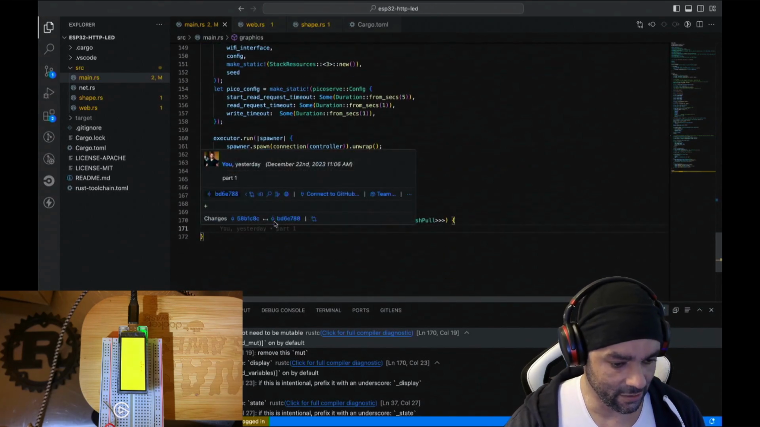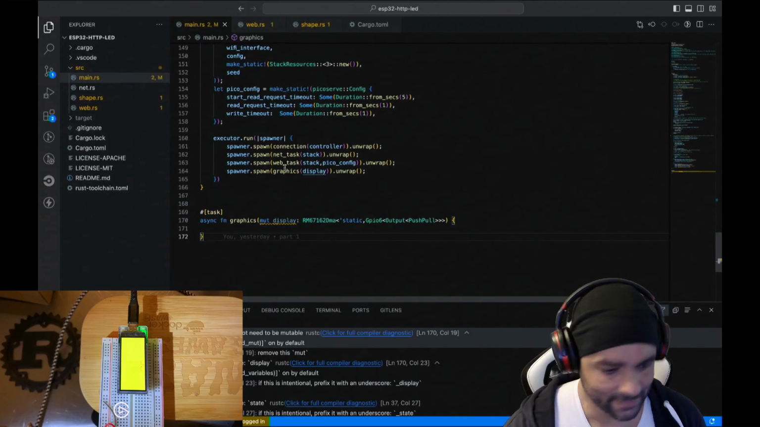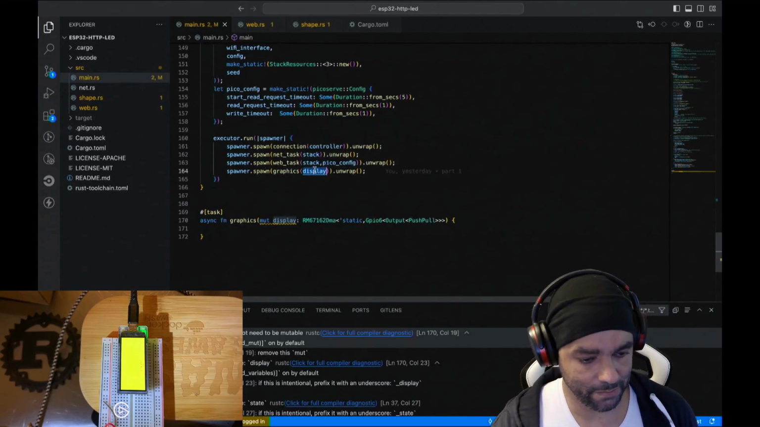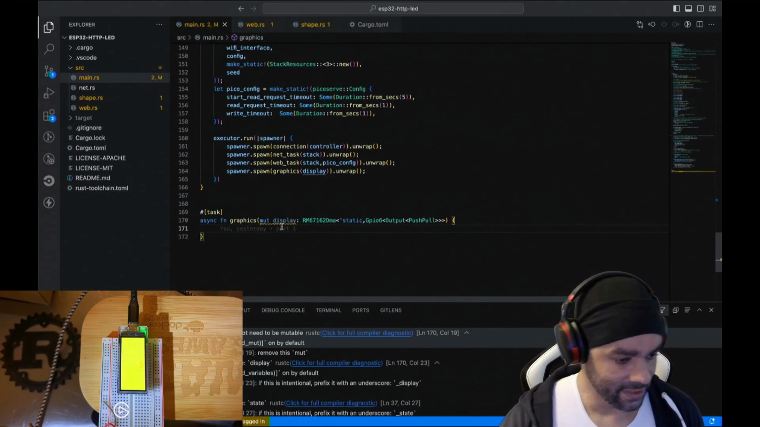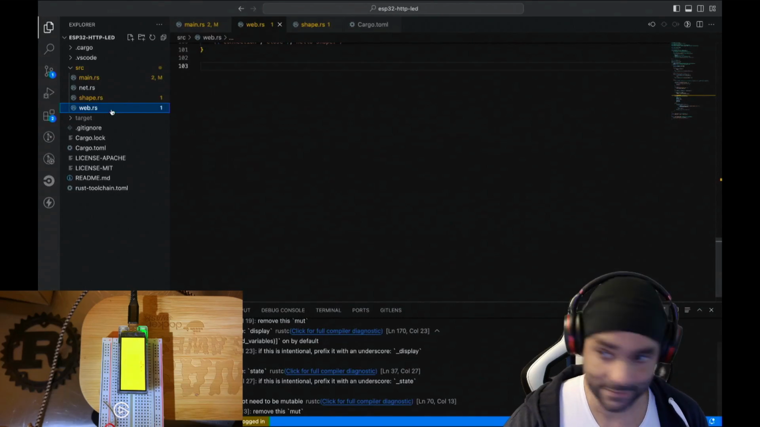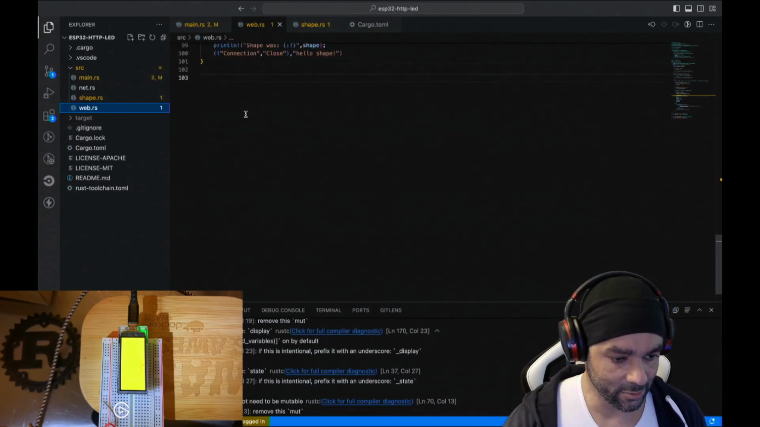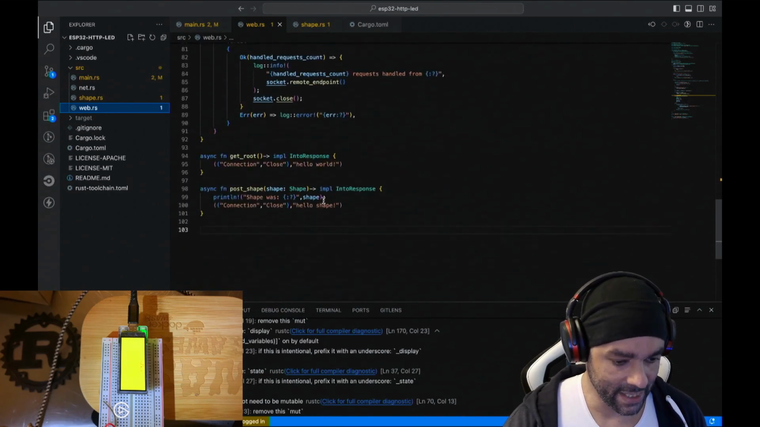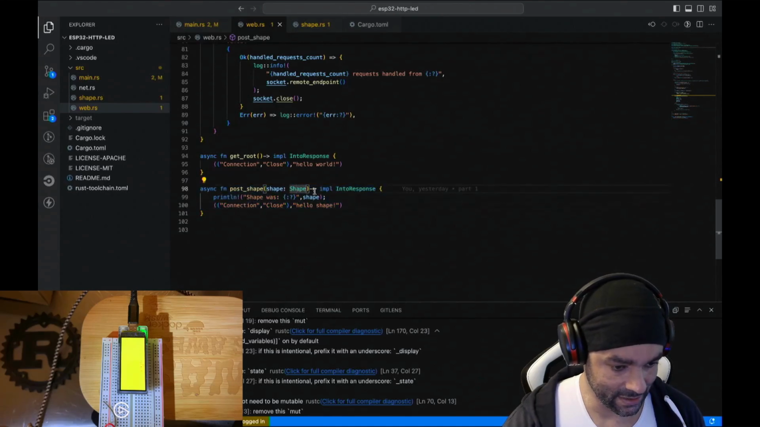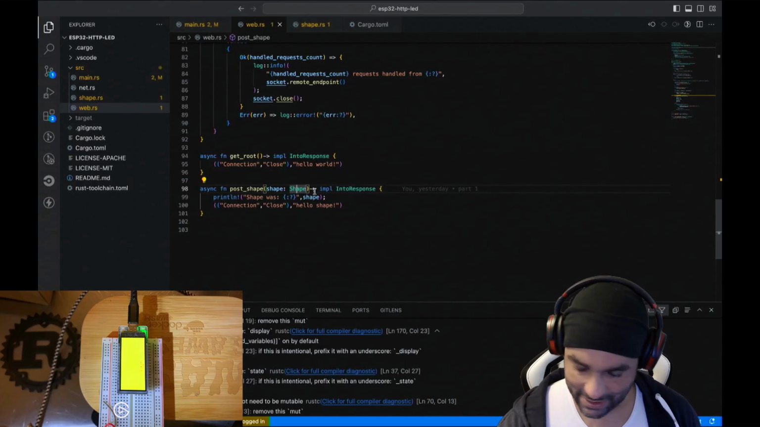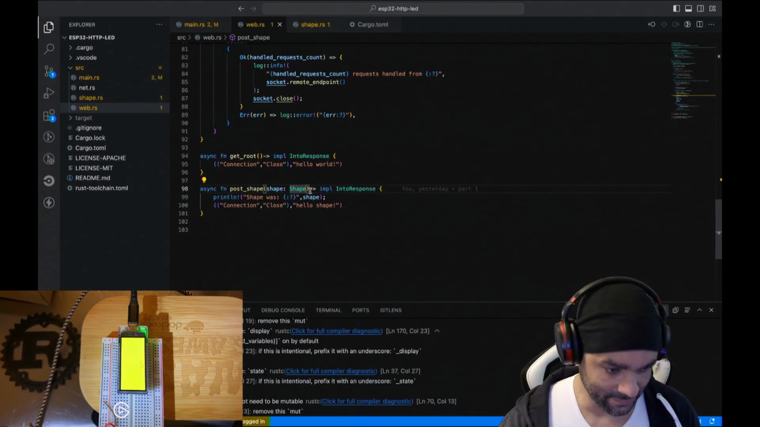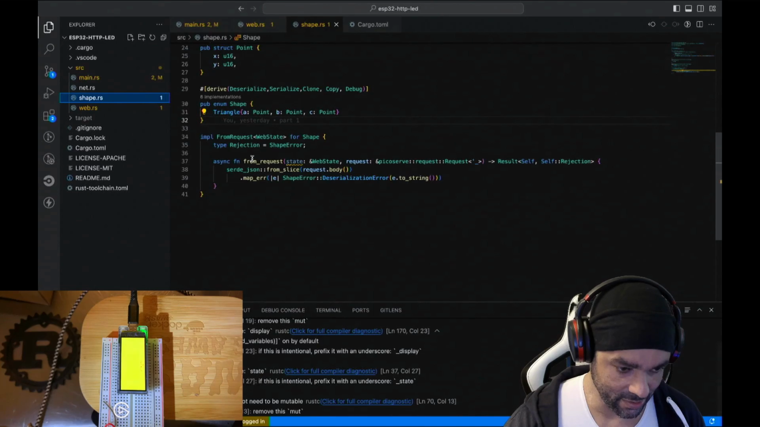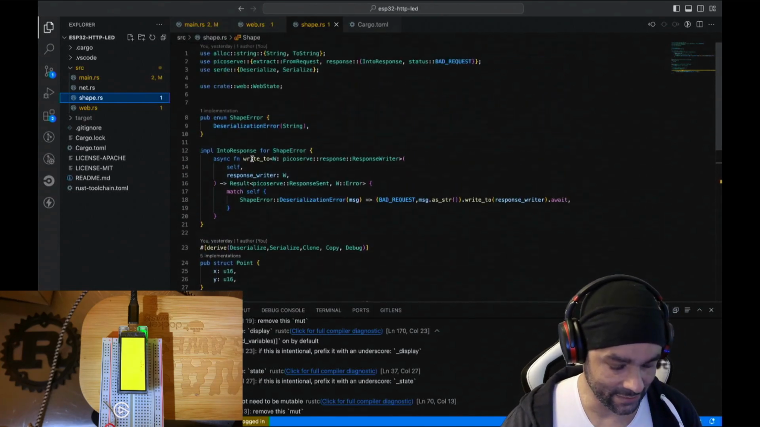Then we created a service or task that we passed the display to, and here we could start doing things. On the other side, we dealt with the web service part, so we ended up making an endpoint where it takes a shape, and we made sure that all the deserialization was handled from JSON. We created the shapes, so we had a shape that was